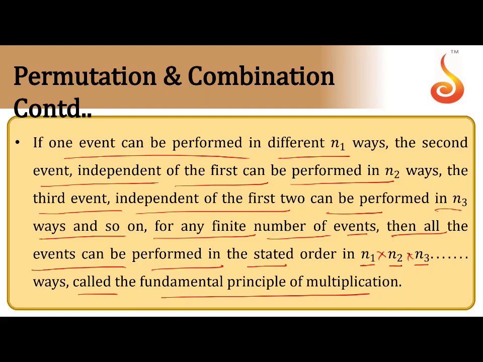You can take the same example. There are 10 boys and 20 girls in a class. In how many ways can you select a boy and a girl? The first job is to select a boy. The second part of the work is to select a girl. So that means both are independent. How many ways can you select a boy? 10 ways. How many ways can you select a girl? 20 ways. So 10 into 20, 200 ways. In that case, we are using the fundamental principle of multiplication. I hope you understand the difference between addition and multiplication.